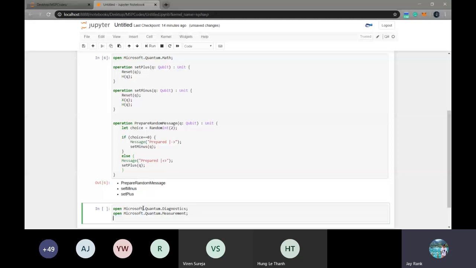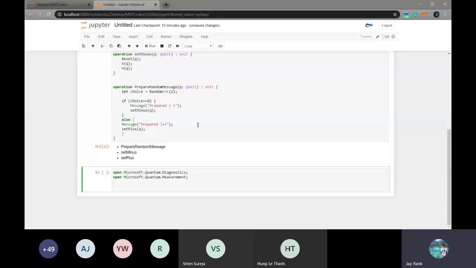Okay, now using the q as a qubit, this qubit keyword will give me any random qubit using the above diagnostics library.